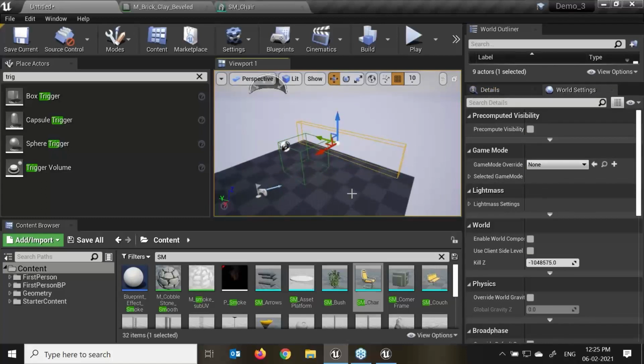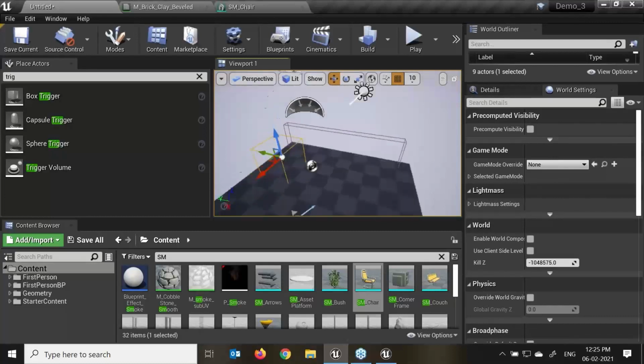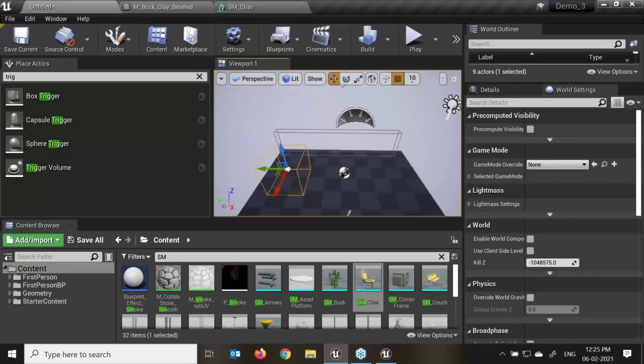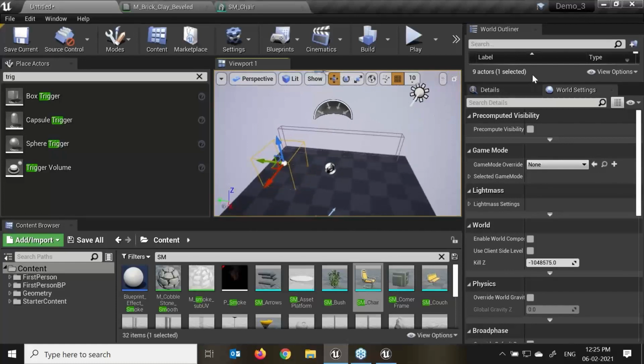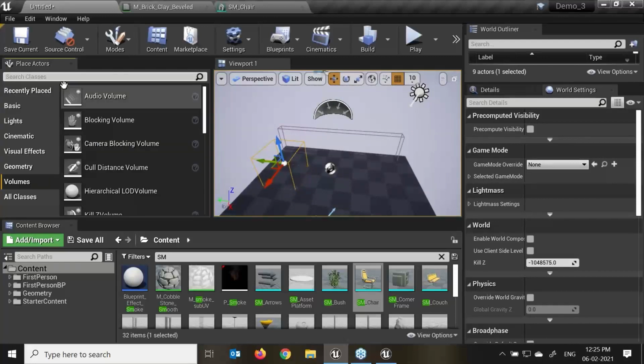We can create a cinematic scene, for example, winning the race. If any character or the game player wins the race, then the music, the background, and all the events after finishing start, and we can do that with the trigger. Once any character enters or exits within this area of the trigger, we'll call the trigger. I'll show that, don't worry, once we start. There are different volumes which we need to understand.